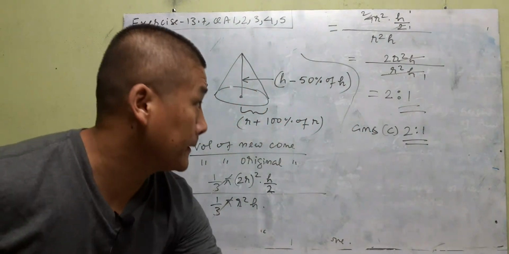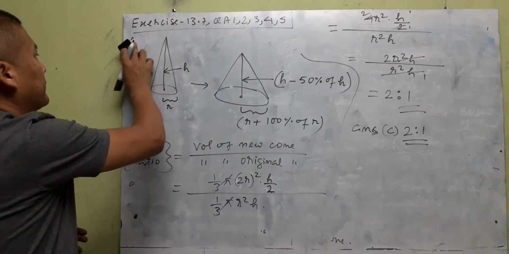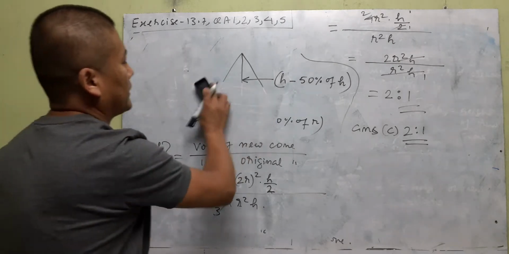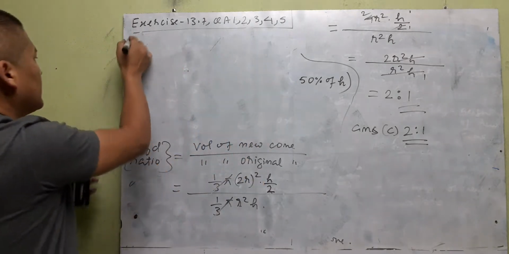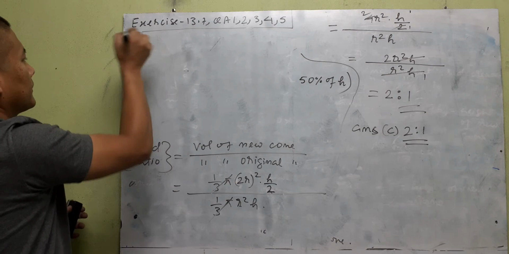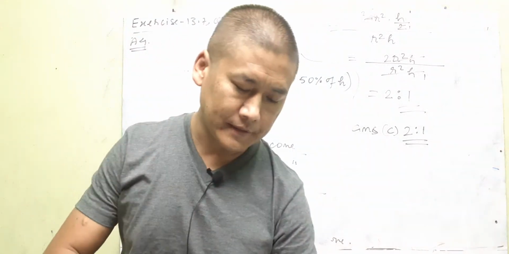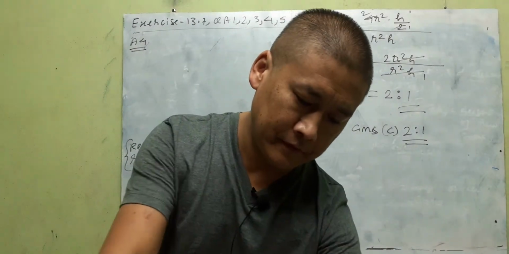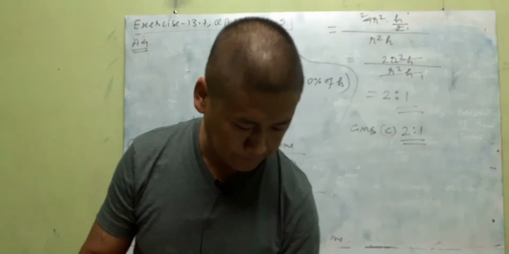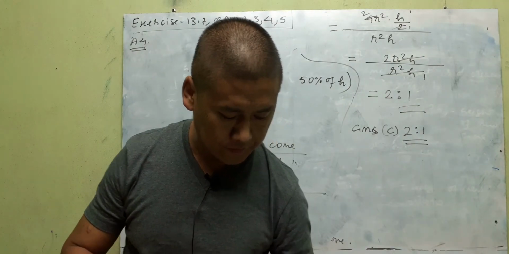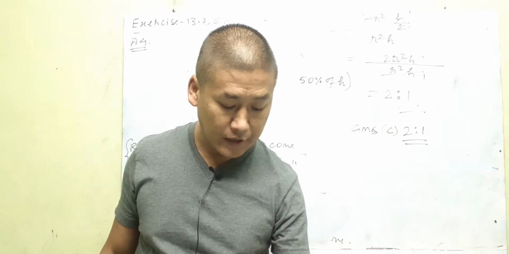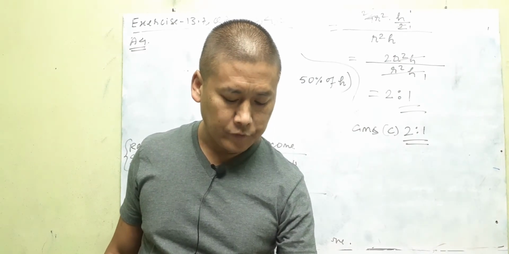That is A3. 2 more are there, A4 and A5. So let's go and do that. So A4. Okay, let's look there now and see what is A4. There, it asks for the volume of the largest cone that can be cut out from a cube of h